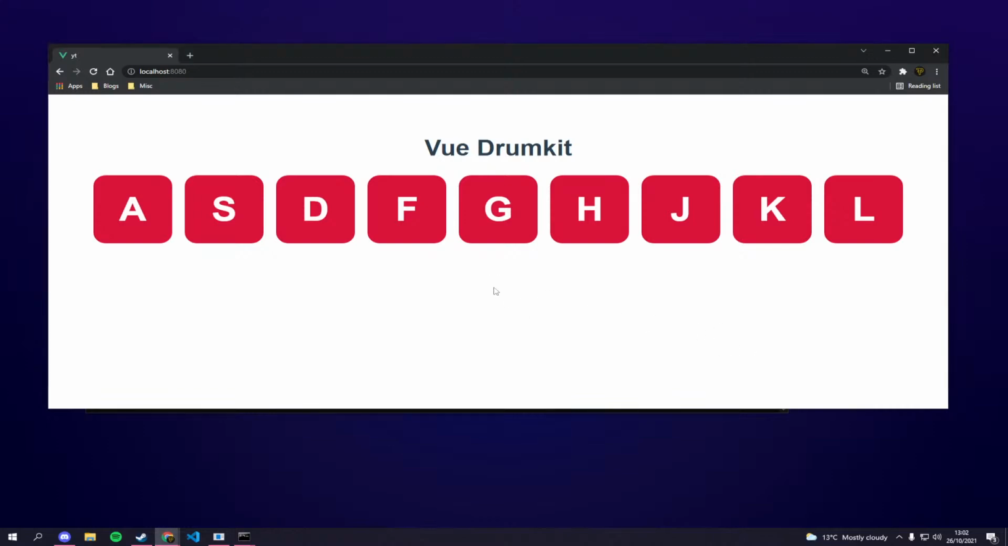But anyway, we've got this Vue.js drum kit. Here we have a bunch of keys from A to L, not in the alphabet, from the keyboard, the middle row on a traditional English QWERTY keyboard. Here we go. And if I just start hitting the beat,